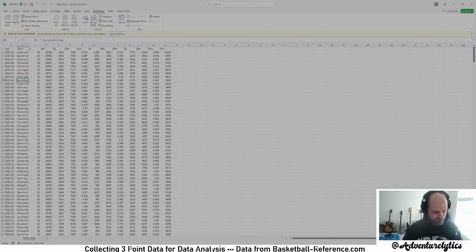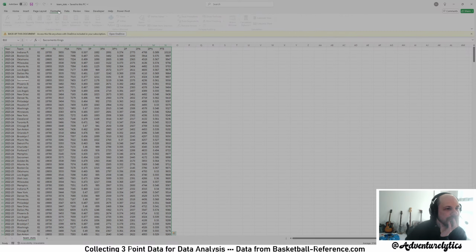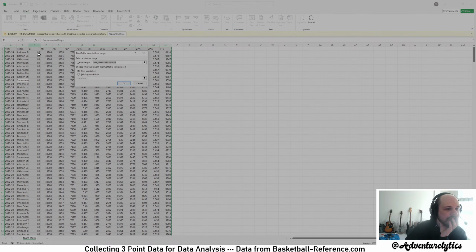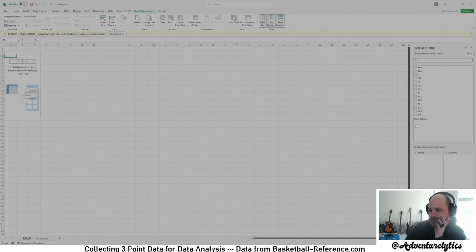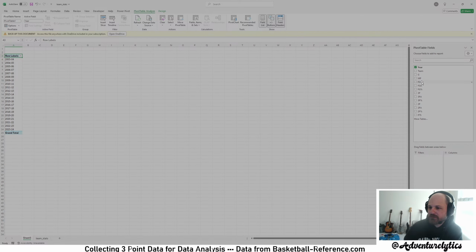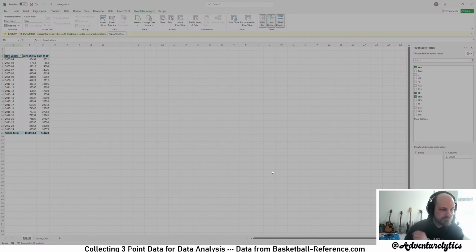So let's just do a quick pivot table to see kind of what we're going to be looking at. I always forget where everything is sometimes. So we're going to take the year and we're going to do 3-point attempted, 3-pointers.